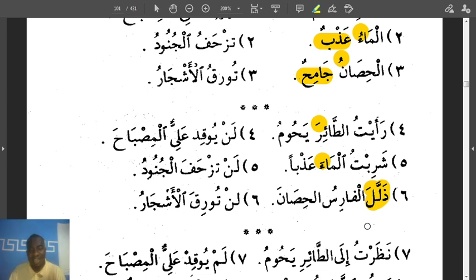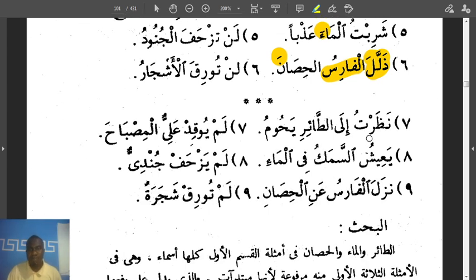Okay, so it says dhallala al-farisu al-hisana. So you can see the hisan from dhamma here becoming fatha. And then al-faris is the horse rider. When you hear al-faris in history, in the Arab context, you are talking about somebody who is a horse rider, normally a warrior. So this horse rider or warrior tamed the horse. Tamed, T-A-M-E-D. He made it calm. You realize that the first three are dhamma, and the second, the words become now fatha, fatha, fatha.